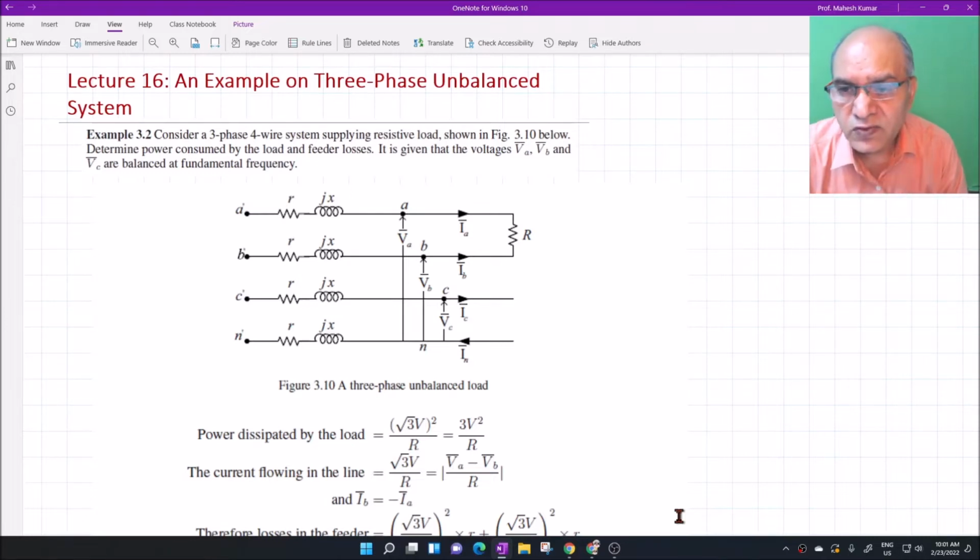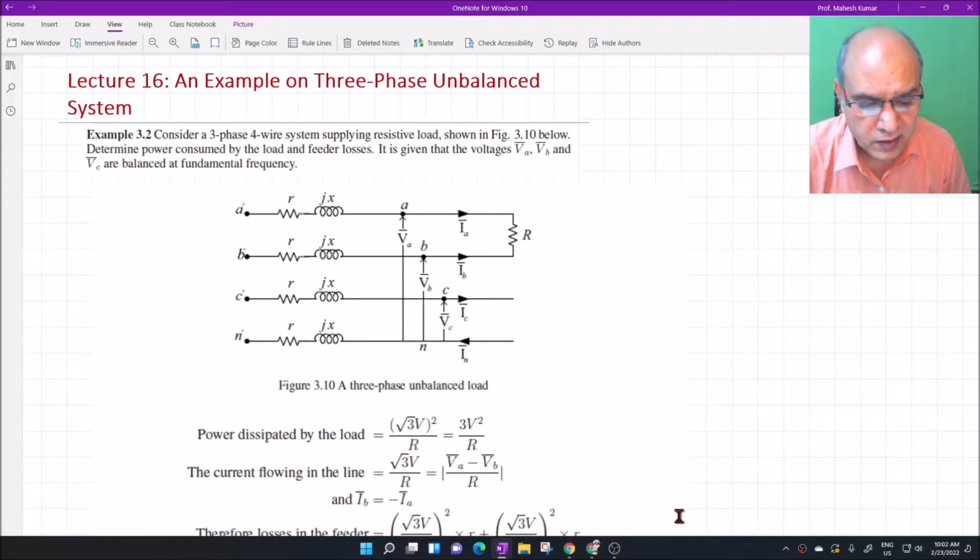This example is from an NPTEL book that I have written and shared with you on the Moodle. You can go through it, and if you have any difficulty, let me know. We'll help you understand it fully. I hope this is nothing very complicated that you cannot understand. But it is very interesting to look at this circuit and find out its characteristics, how it behaves when the three-phase supply sees this kind of load.